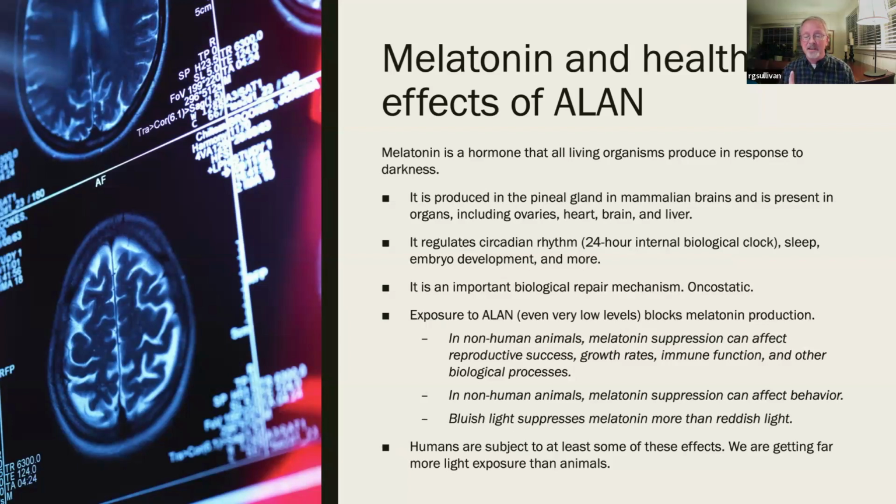So what happens here is you have a sensor basically in your optic system that relays the presence and the intensity of light through your eye into your brain. And when it detects that, it shuts down the production of melatonin. And it doesn't take a whole lot to shut down the melatonin secretion that your body naturally does in darkness. So melatonin regulates circadian rhythm.